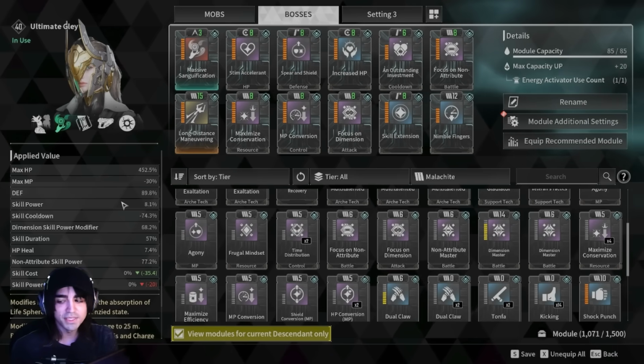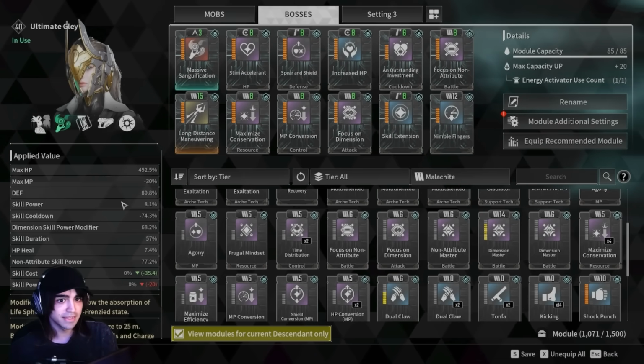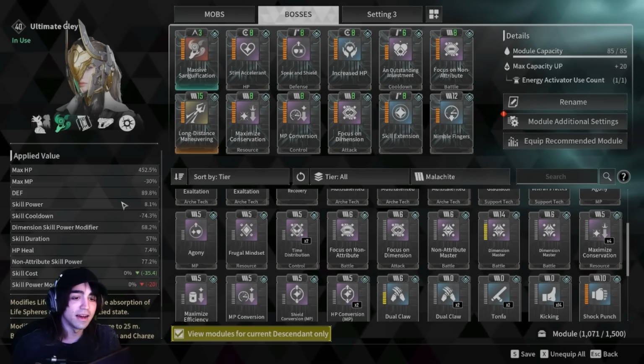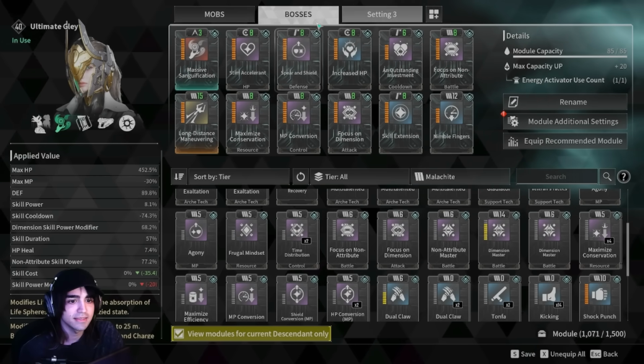Hi everyone, so I'm just updating you on my AoE Gley build on the bossing side of this. So right now I have not changed a single crystal catalyst. The only thing that I have done, which makes an absolutely massive difference here, is for the bossing side, I